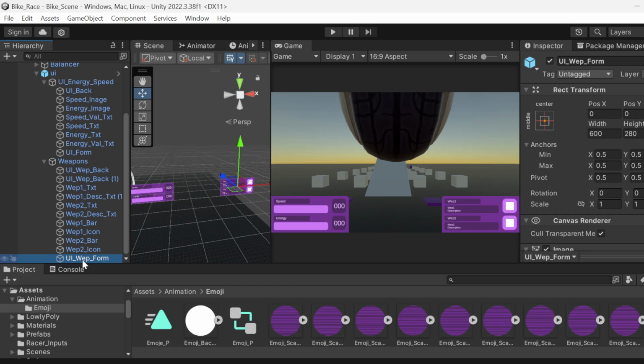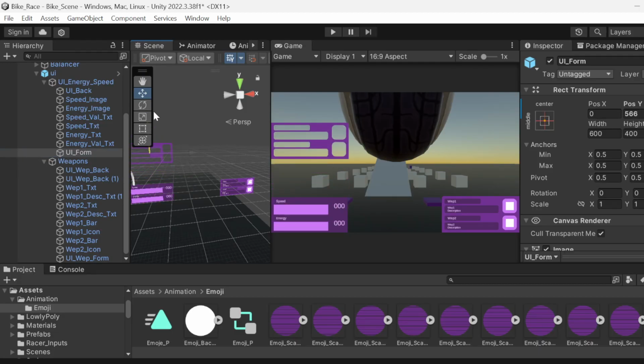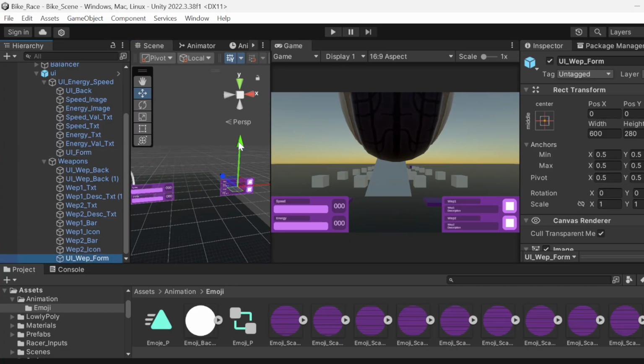So the form is this, let's pick that one. Form is this little guy here, and then you can see the back and the text bars are separate and all that stuff is separate. So you have that, and you would see the same thing if I moved this one out. But what I wanted to really focus on today was how do you